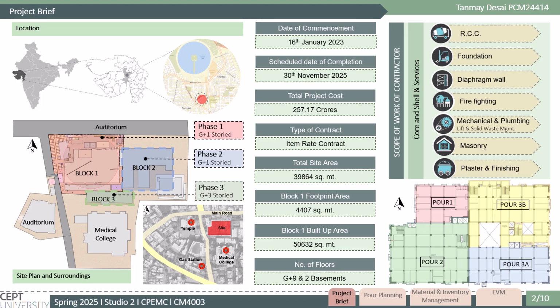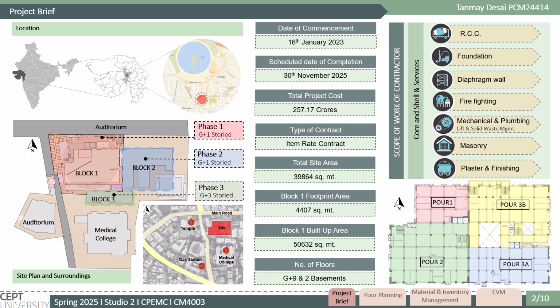Starting with the project brief, the site is located in the city of Ahmedabad in a vicinity closer to a famous lake. The site is located inside a medical campus comprising a medical college, auditorium facilities, hostel block, and existing hospital building. The buildings are divided into three phases as shown, and for our study purpose, we have covered the building in phase 1. The commencement date for the project was 16th January 2023 and the scheduled date for completion is 13th November 2025. The project cost is